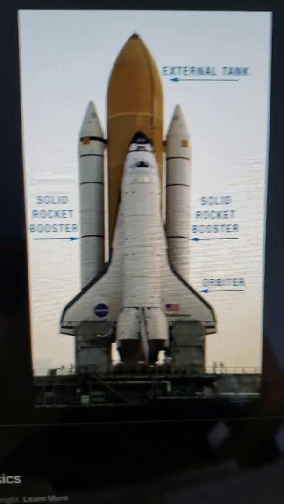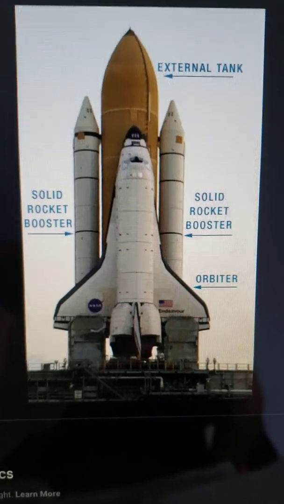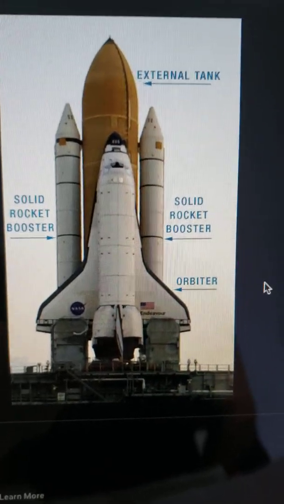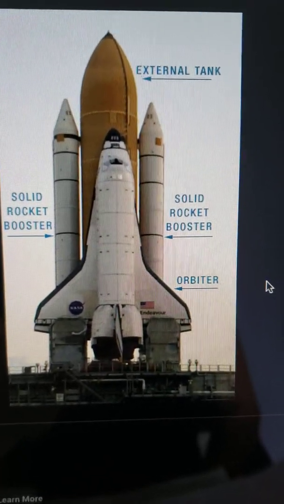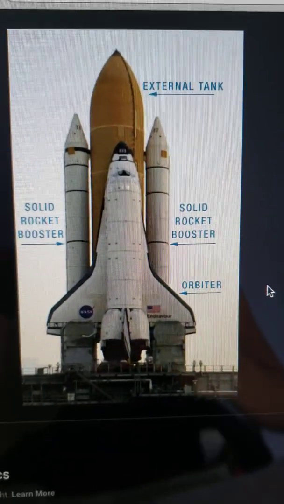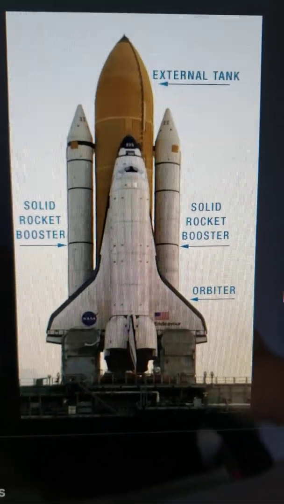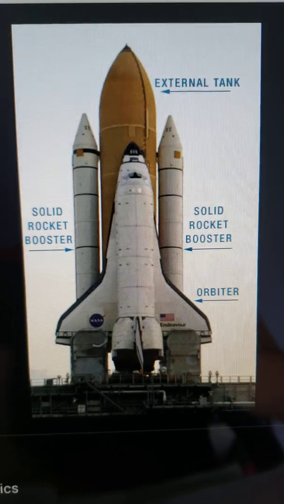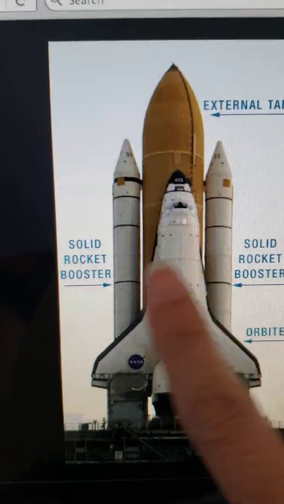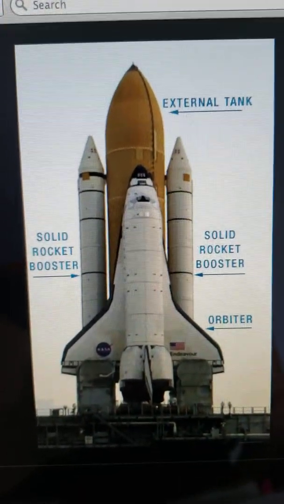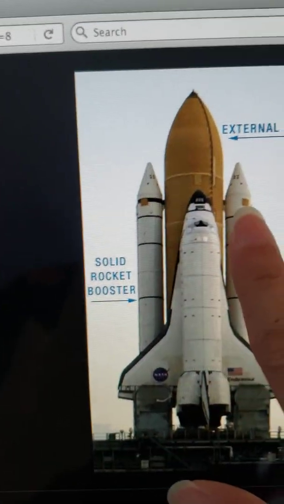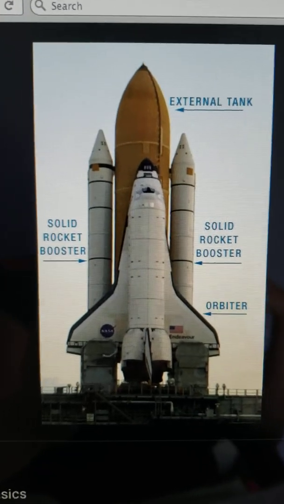You have these 2 solid rocket boosters on the side, and that's to provide initial thrust to launch the shuttle out of Earth's orbit. About 2 minutes into the flight, those are going to jettison off, and those fall into the Atlantic Ocean and are retrieved by the Coast Guard, and those can be used again, which is kind of interesting. Then we have the O-rings, and the O-rings are hard to see here, but they're rubber rings in the shape of an O, so you can see them here and here,